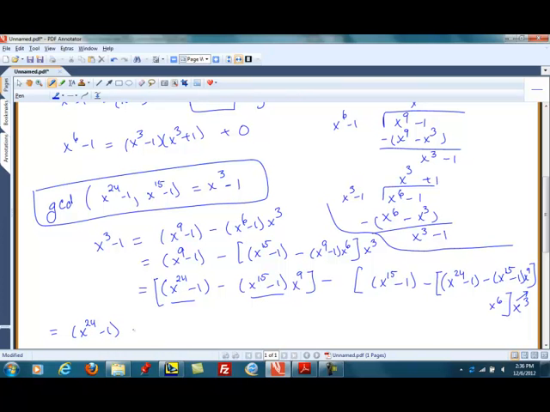Now let's factor out our x to the 15 minus 1, and we have it, oh wait, I have an x to the 24 minus 1, I lied. We have x to the 24 minus 1 right here sitting off at the end. We have a minus sign and a minus sign that goes with it, so that looks like it's going to be a plus. And then this x to the 6th,